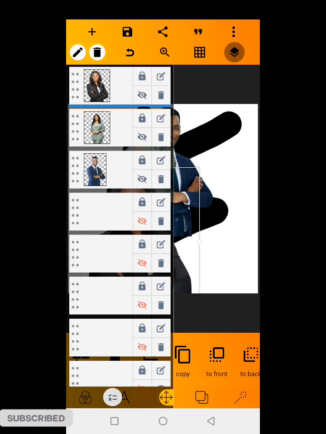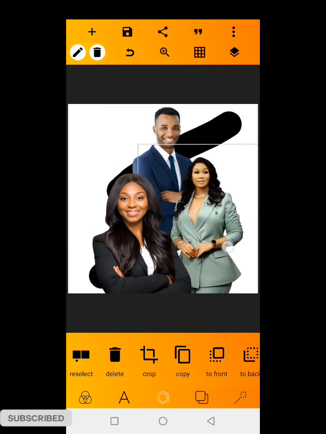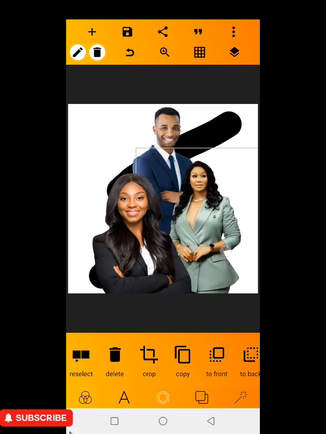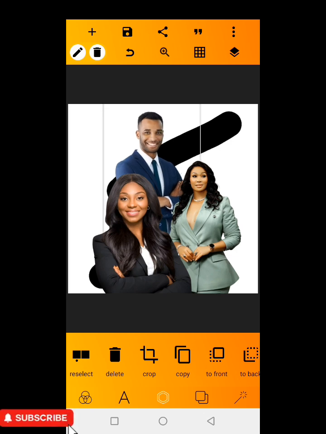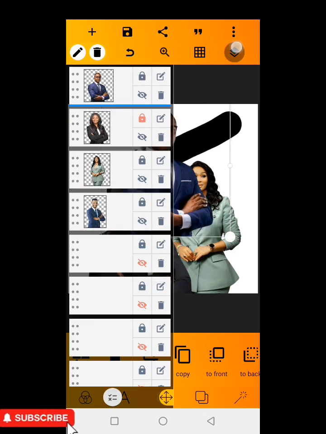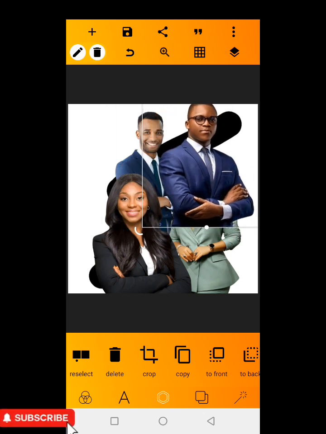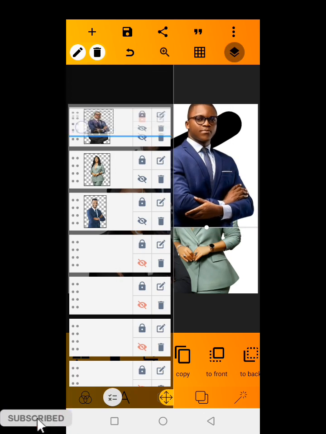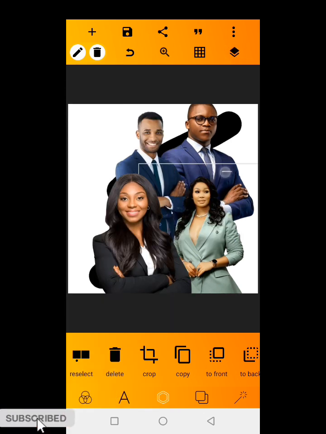Let me lock this one. You can increase the size of this one to cover up the down part of that particular guy's image. You can now place the guy's image like this. Then you can, on another one again, take it to the front, then adjust that here, position that one here. We are going to make sure that we place it at the back of everything. Can you see that? Then you can now